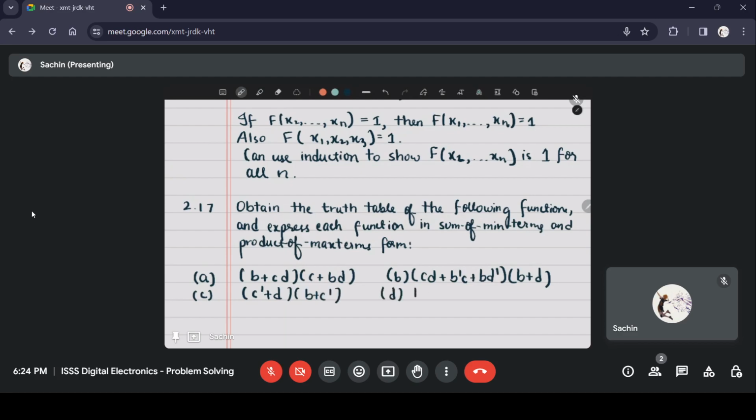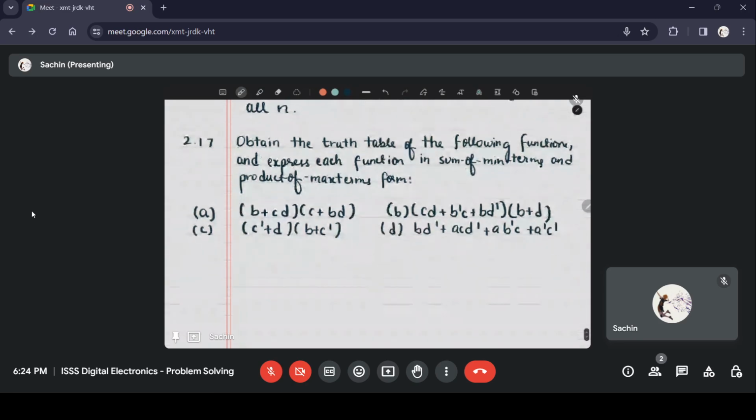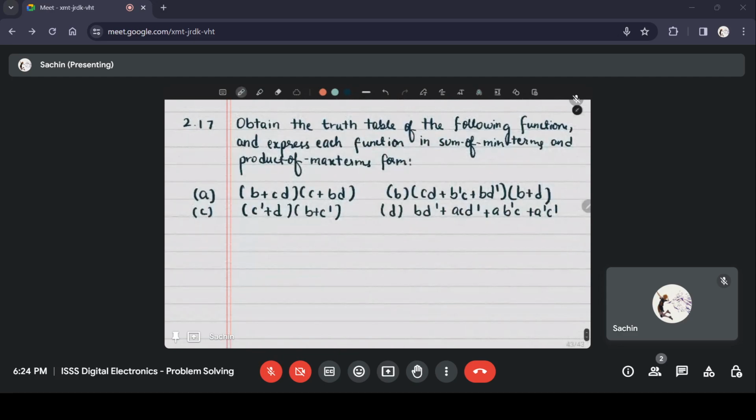Part D, the function is bd prime plus acd prime plus ab prime c plus a prime c prime. Solution for part A: